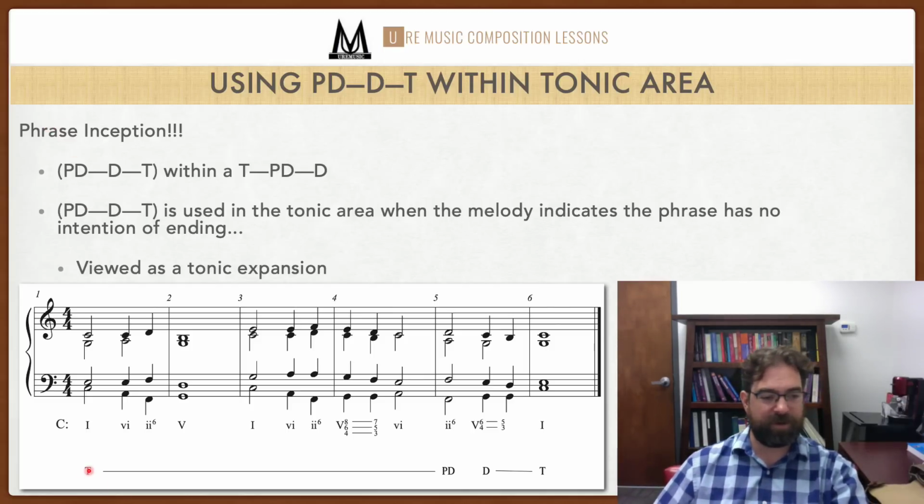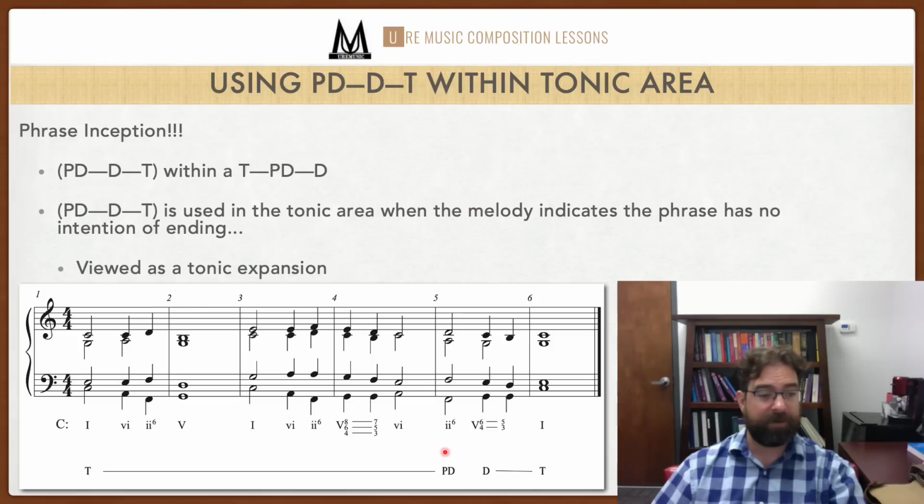So here you have your tonic area. It's expanded all the way here until the predominant. And then we get our dominant, and then we get our tonic closure. So this would be your typical basic phrase model that uses an expanded predominant to make it just a little